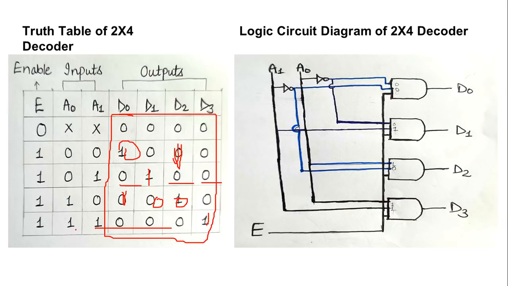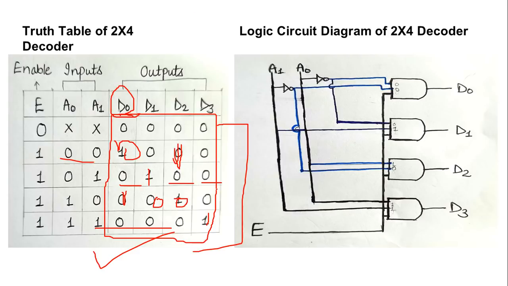The only problem in this case will be that there would not be synchronization. We would not be able to understand how to design the logic circuit diagram in a proper manner. Otherwise, if you are providing this kind of truth table, then it is also a true kind of truth table. It's not any hard and fast rule that every time you get 0, 0, you will get D naught equal to 1. There is nothing like any hard and fast rule here. So this is the important point to consider while understanding the decoder's functionality.